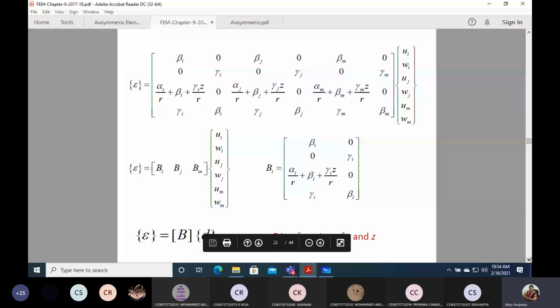Or in the best way, deriving shape functions for the axisymmetric problem is generally asked. All right. So if you know how we did it for the CST element, you can know it for the axisymmetric problem. If you learn the axisymmetric problem, you will know it for a CST problem. It is interrelated. So in either case, you have to learn one or the other element for sure. All right.